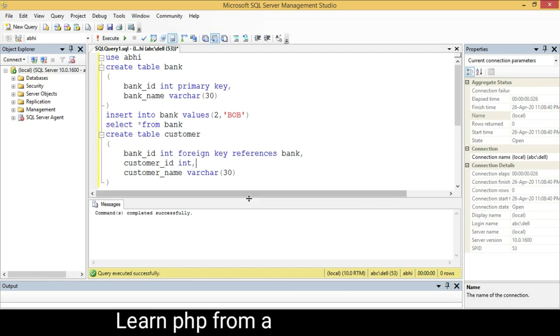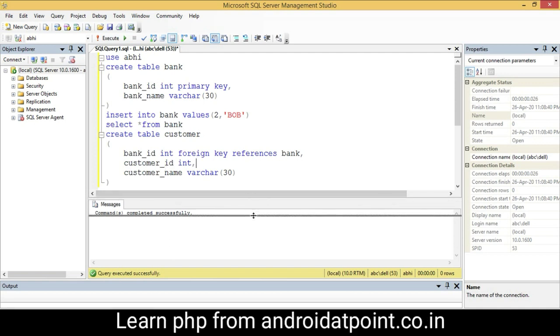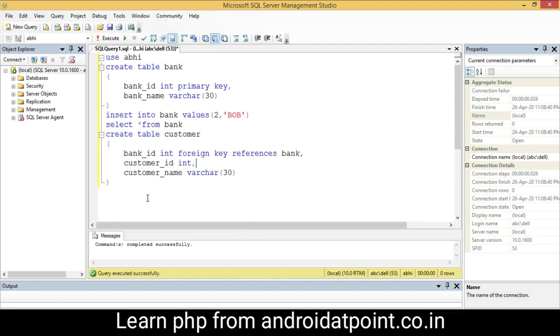Okay, why do we make the primary key and foreign key? First of all, look here, why we create the relationship of the foreign key.